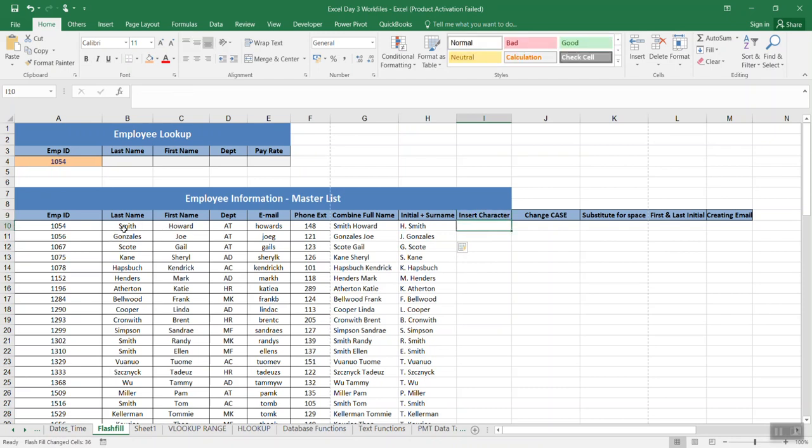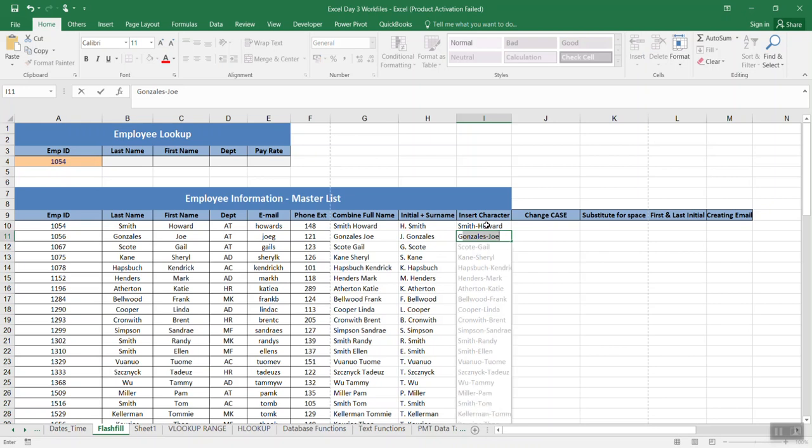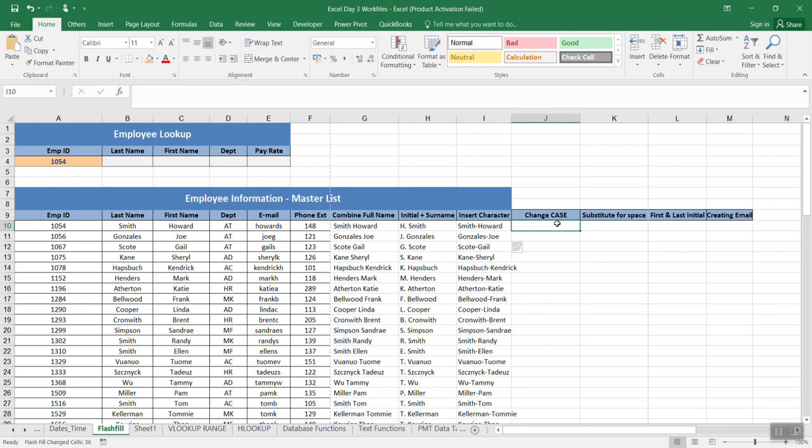I can also insert a character in between these two names. For example, I can type Smith hyphen Howard. I press enter. I type Gonzale. Yes, is that what I want? I press enter. At the same time, I can change case. Let's say, for example, all these are in sentence case. I can change them to uppercase only or lowercase only. I'll just type Smith